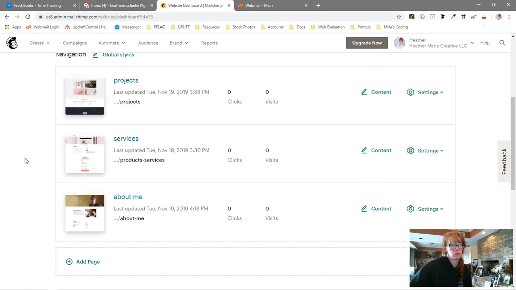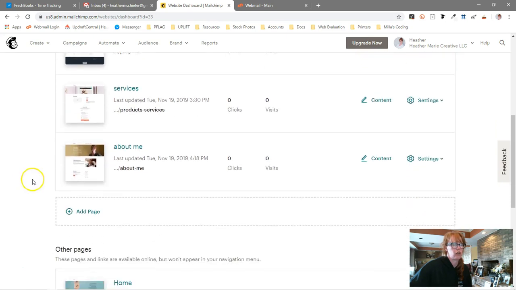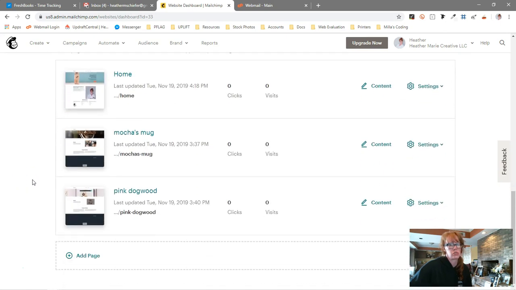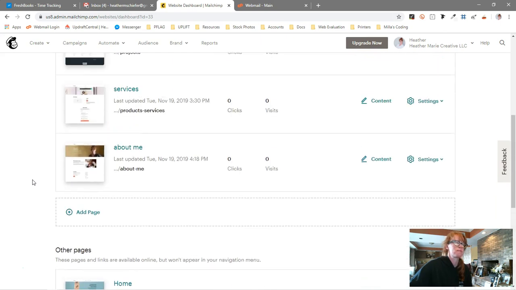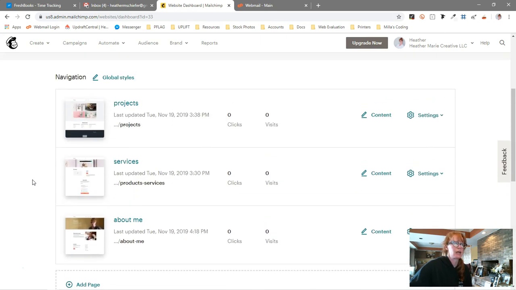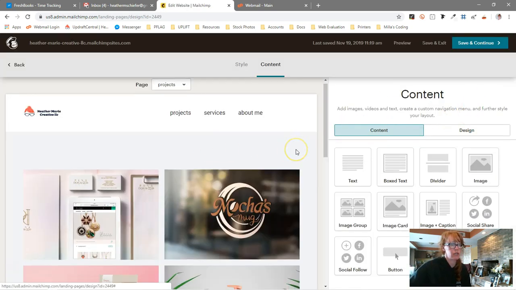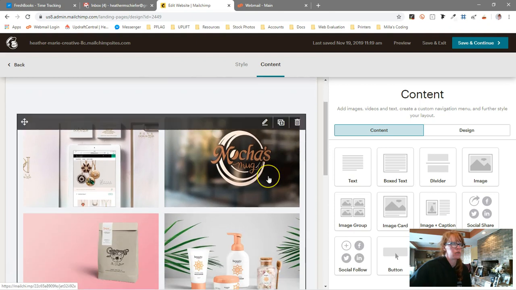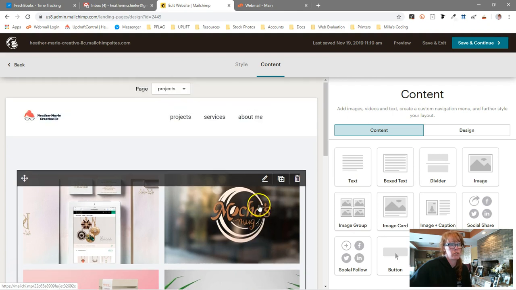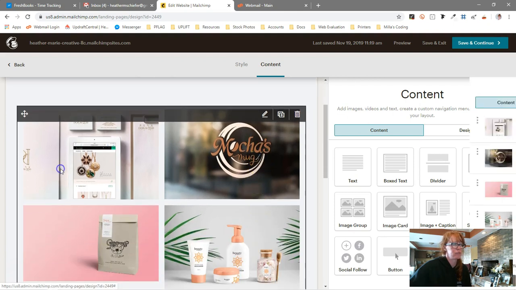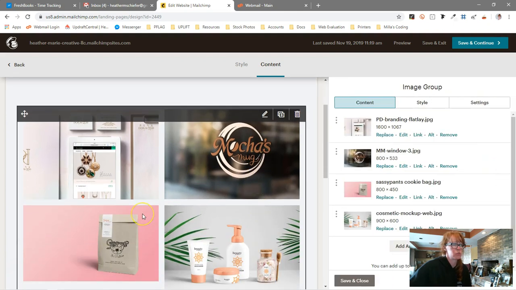Publish would have been better, I thought, but you know, it's still beta. So something I wanted to make sure they had was the ability to link to other pages from content. So I checked out how to do that real quick. And you can do that up here. So I've created a projects page. And if I click into this image group right here,